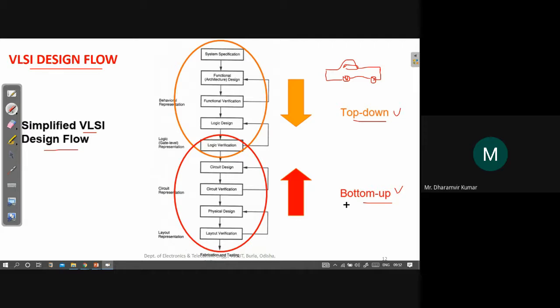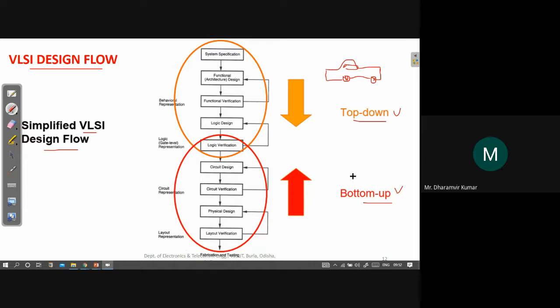Whereas the bottom-up approach is the reverse of the top-down approach. We know that the car will consist of several components. First let us bother about the smaller components, whatever smaller components are needed for manufacturing the car.